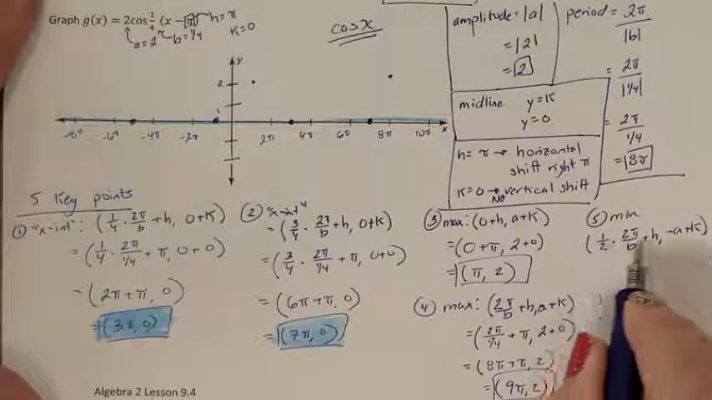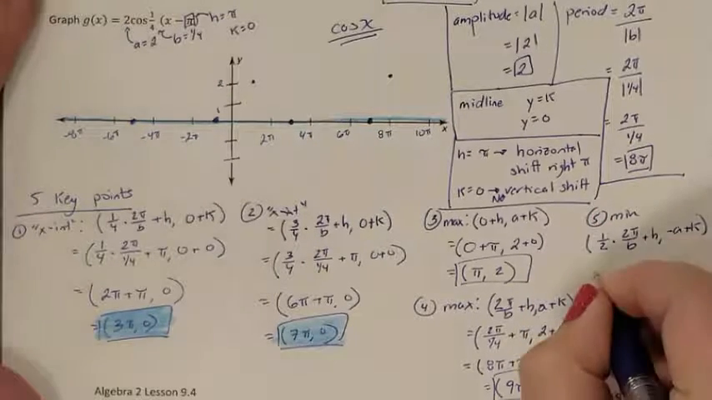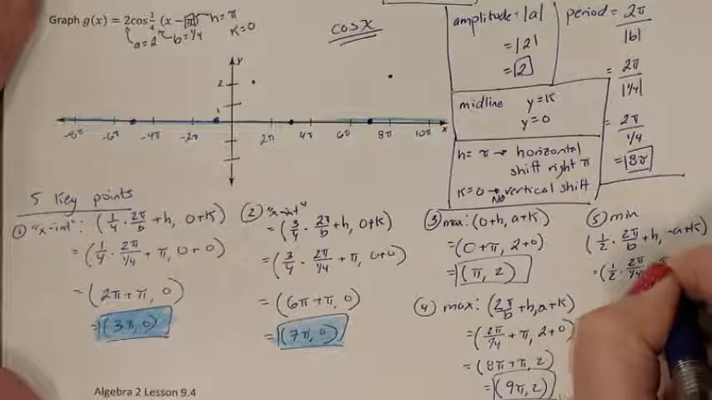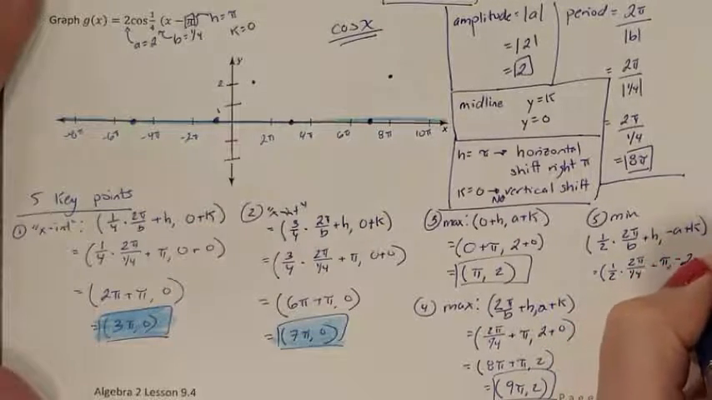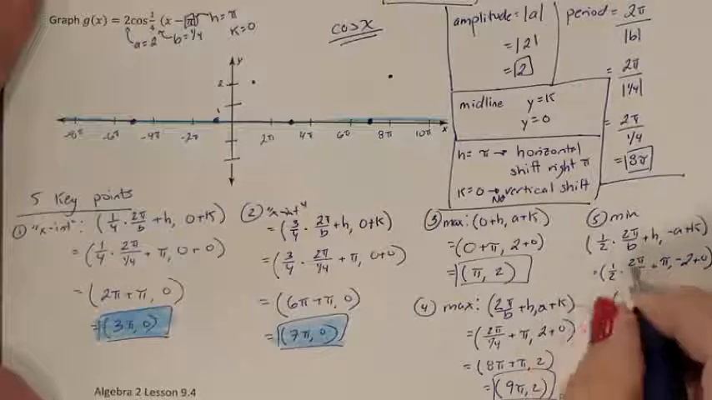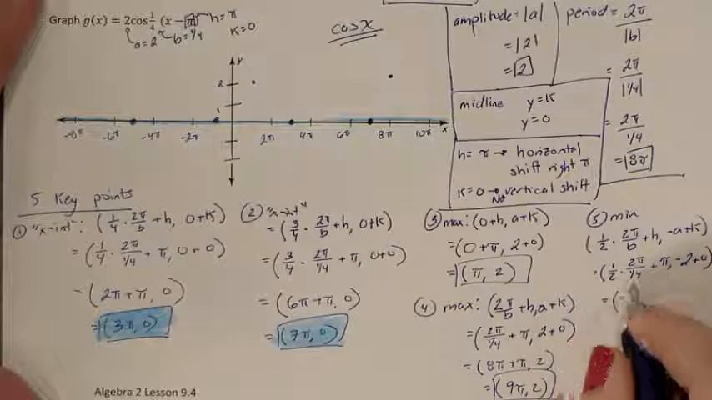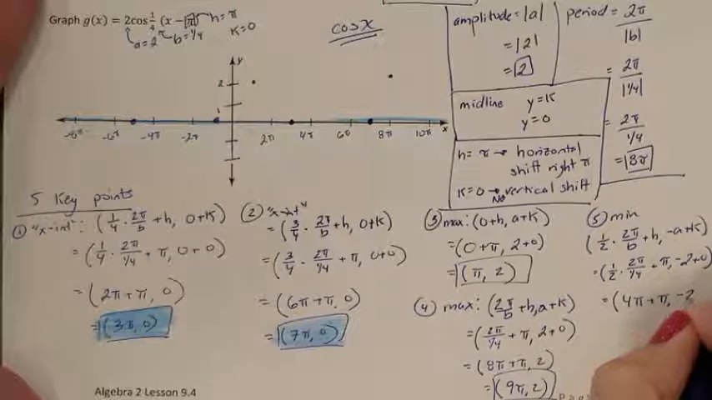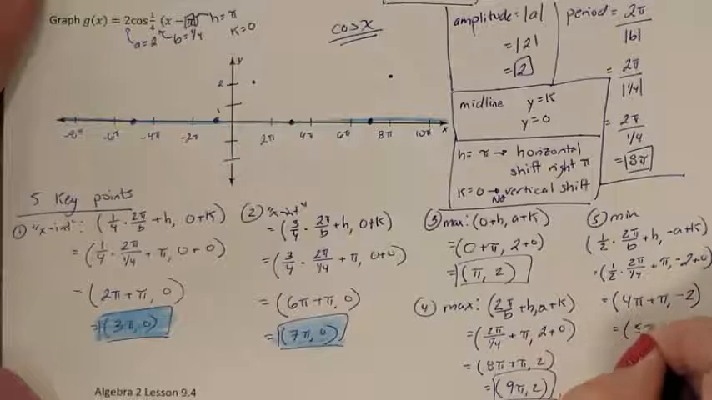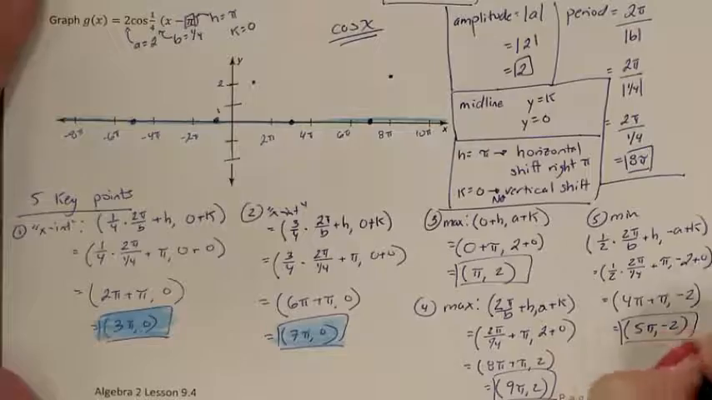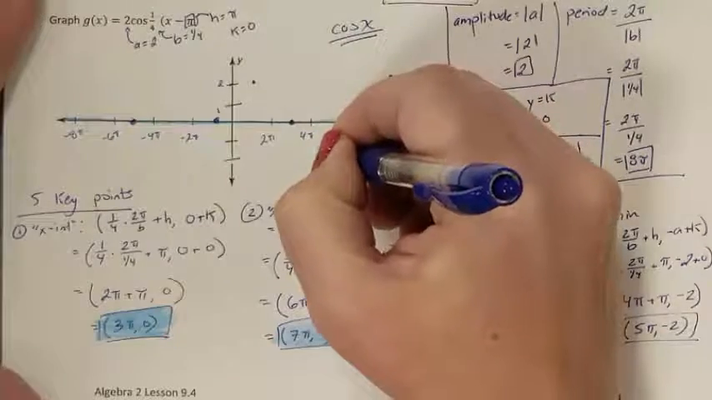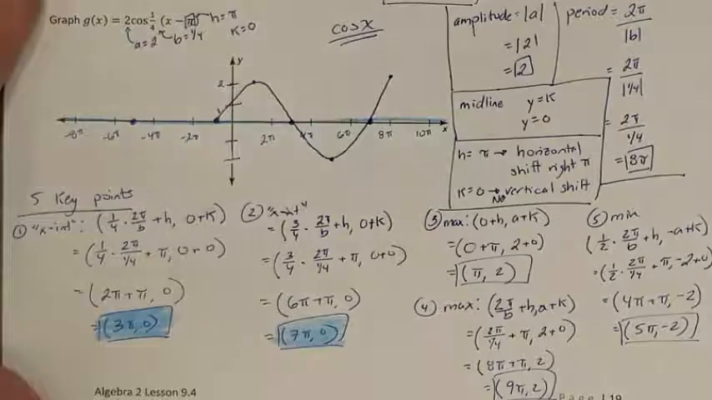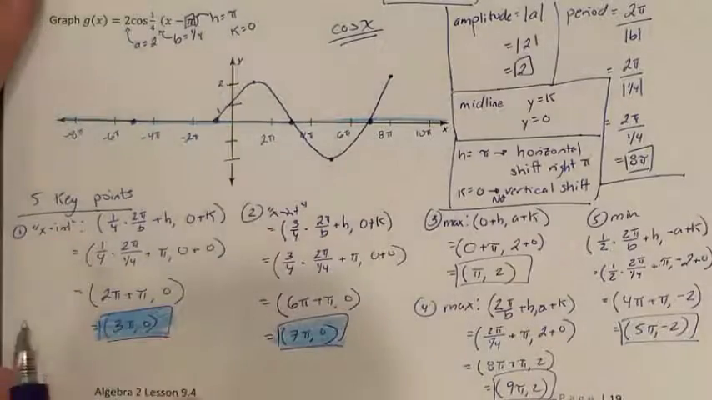Remember, h is supposed to go at the x's and k is supposed to go at the y's. My b is a 1/4. H is a pi. A is 2. K is 0. This portion of the formula is 4 pi. Now I'm supposed to add a pi. So my coordinate point is 5 pi, negative 2. So this right here is my first full complete cosine, but I need to make sure